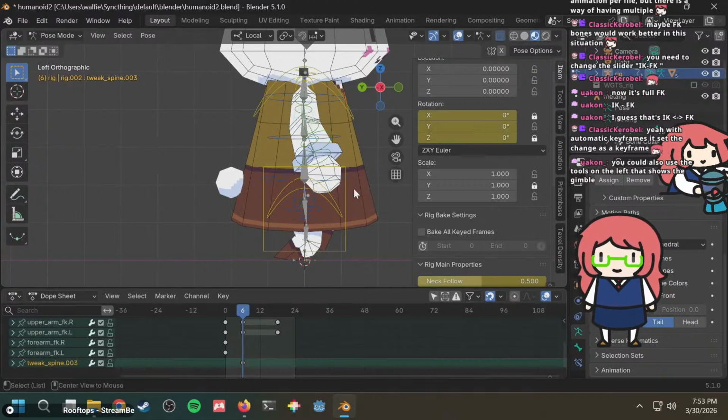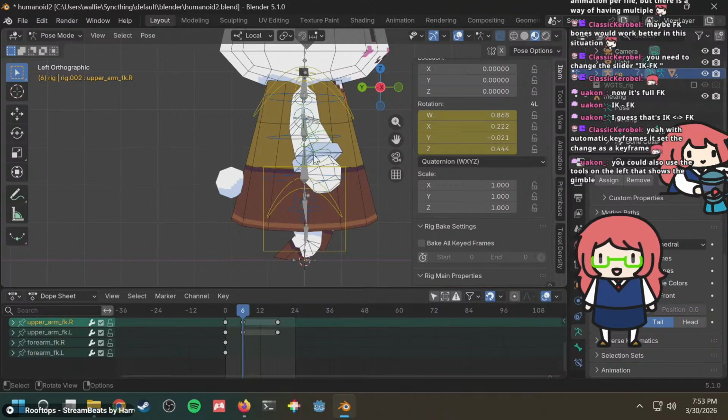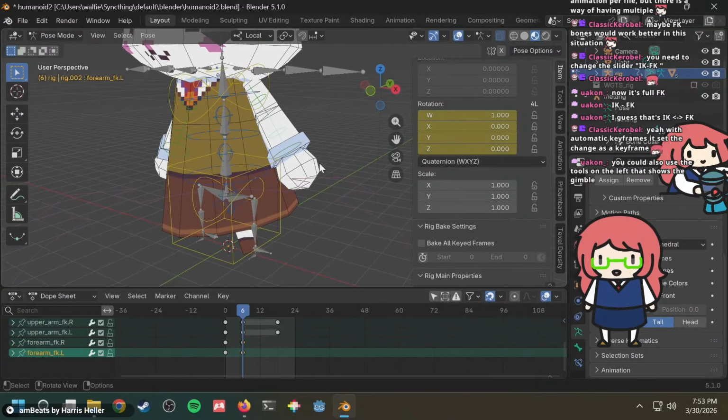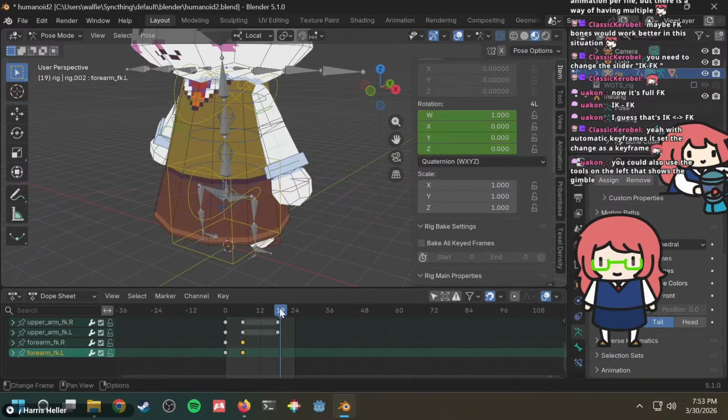Let's see, so you gotta do Alt R, right? Nope, that's the wrong thing. Alt R, right. And then this one, Alt R. Copy these two, paste them here. Copy this one, paste it.